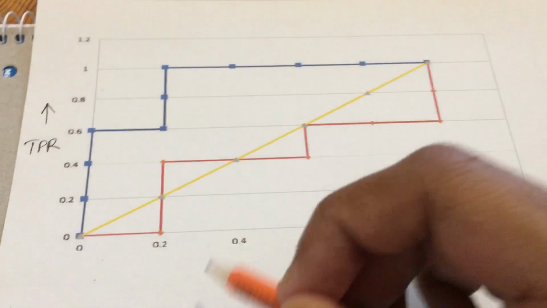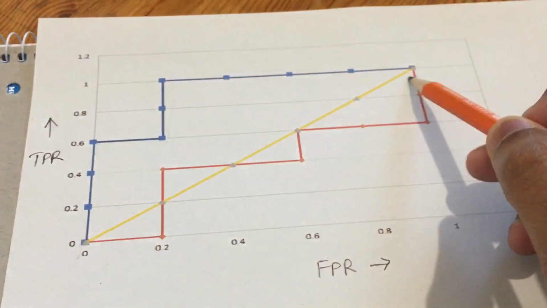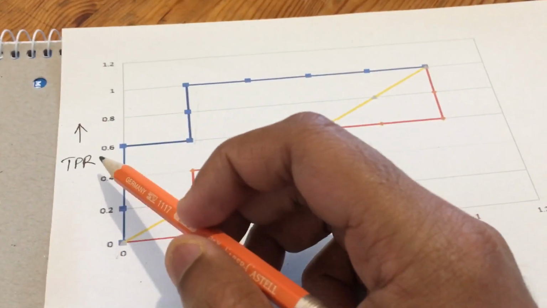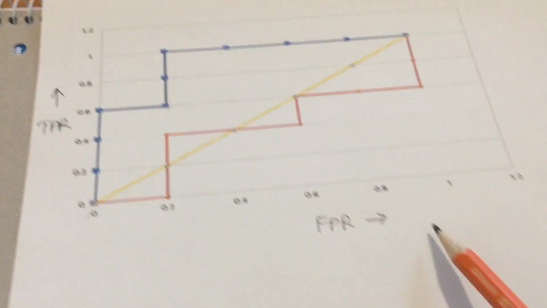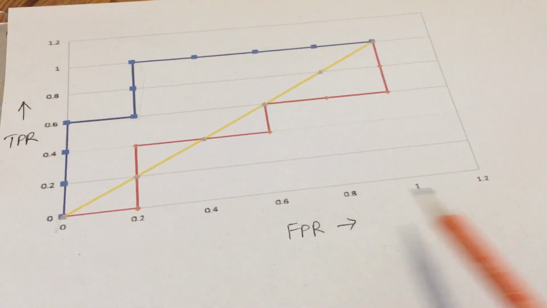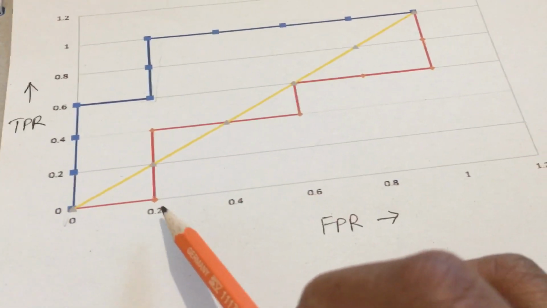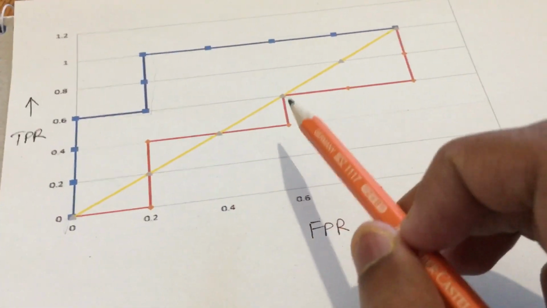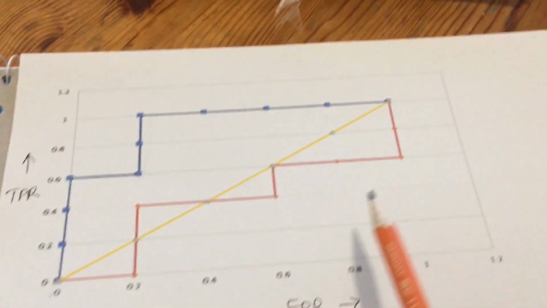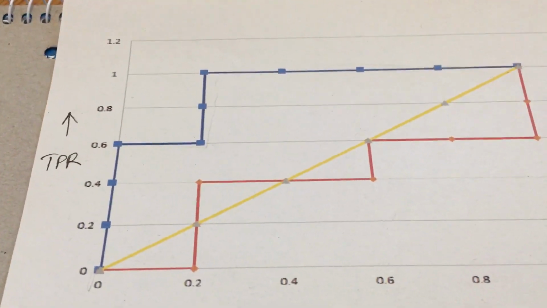this graph. This graph is basically the ROC. The blue one talks about the M1 model, and this one talks about the M2 model. On the y-axis we have the true positive rates, and on the x-axis we have the false positive rates. All these values are on a scale of 0 to 1.2. We have calculated this based upon our TPR and FPR. Accordingly we plot each of the points corresponding to the values we obtained from the table for TPR and FPR. Now this is the ROC curve that we have drawn. One thing is that we need to calculate the AUC, that is the area under the curve.